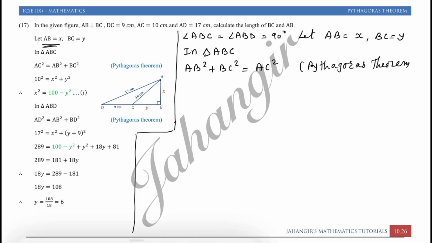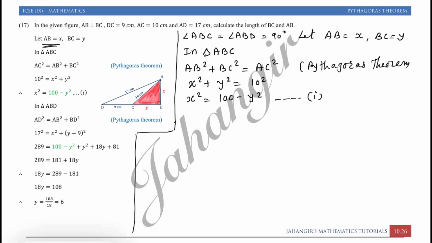This small triangle, I am talking about the small triangle. If you can see, I will just draw it for you. In this triangle, one side is X, another side is Y, and the third side, the hypotenuse, is given as 10 centimeter. So AB, I can write as X square, BC as Y square, that is equal to 10 square. Therefore X square, I can find the value as 100 minus Y square. Just keep it as it is as the first result.